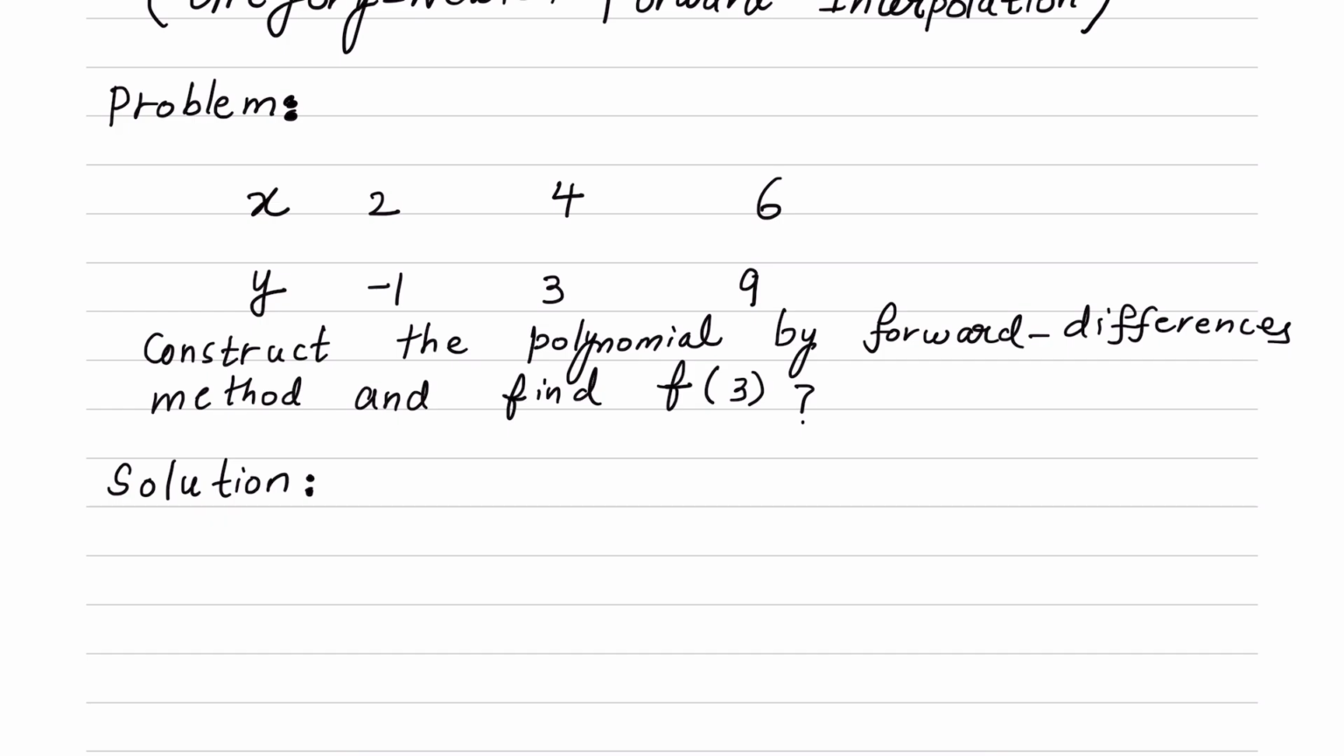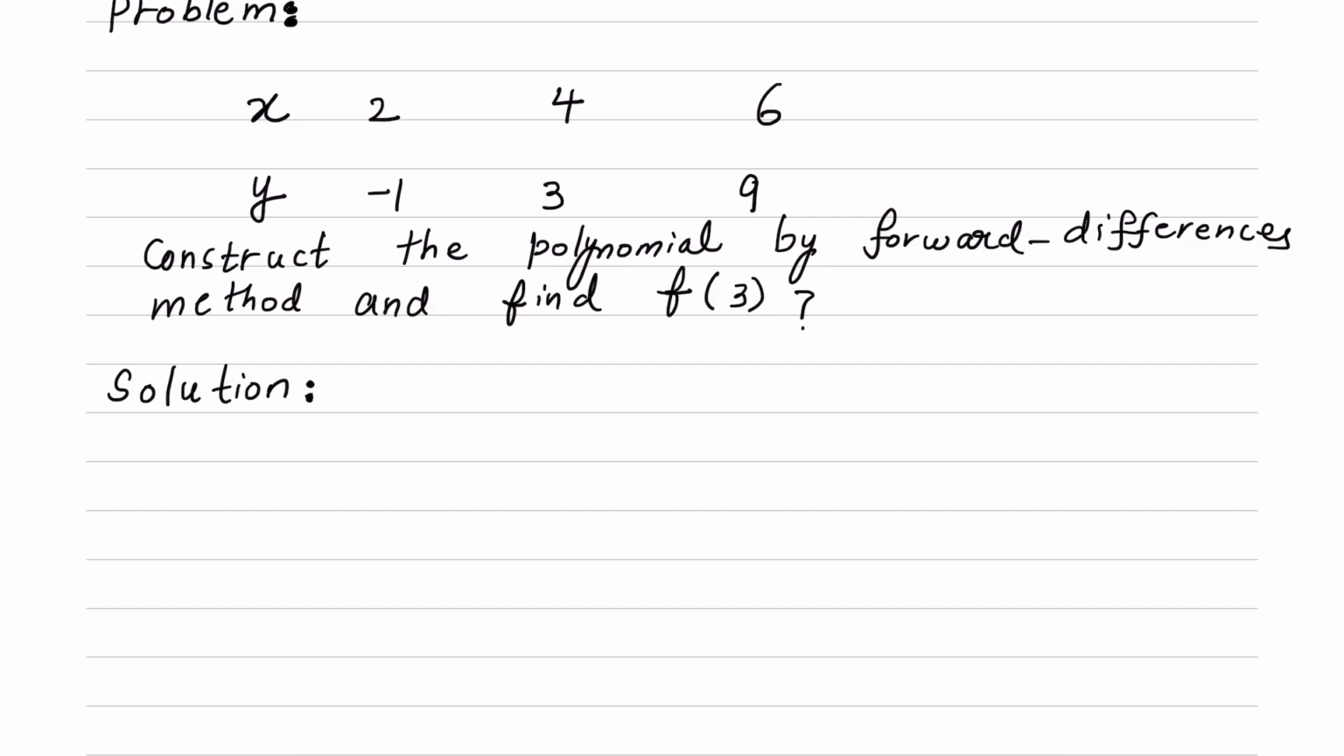We have 3 points data given: x values 2, 4, 6 and y values -1, 3, 9. We have to construct the polynomial by using the forward differences method, and then we have to find f of 3. Since we have 3 points data given,